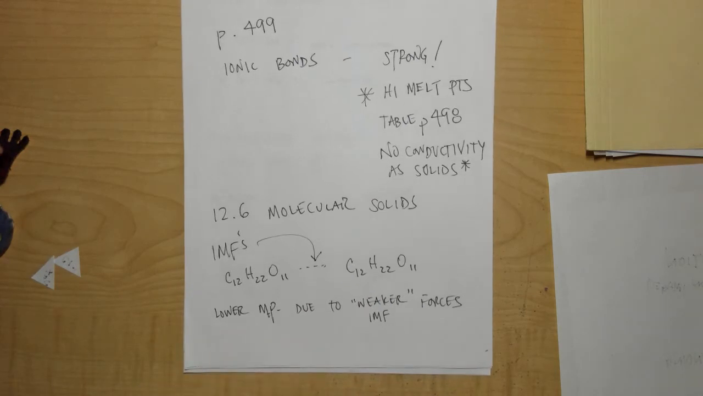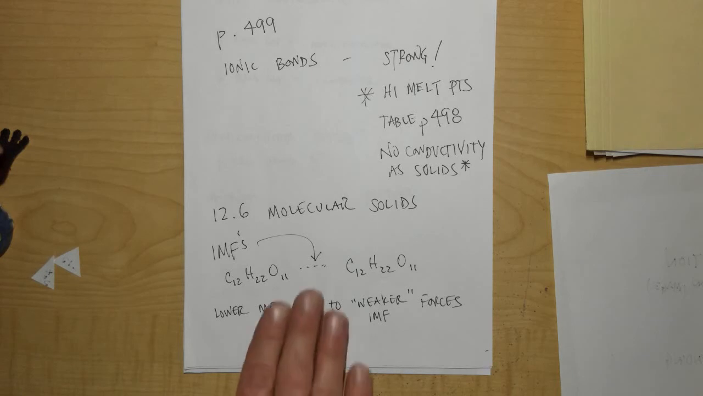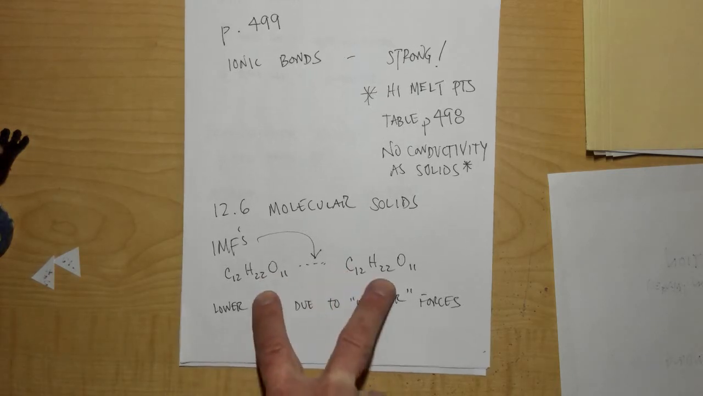Molecular solids are ones we've been talking about in chapter 11. Molecular solids are ones that are held together by London dispersion forces, dipole-dipole forces, or hydrogen bonding forces, depending on what they are. On the screen right here, I've got two molecular substances you might know the name of,